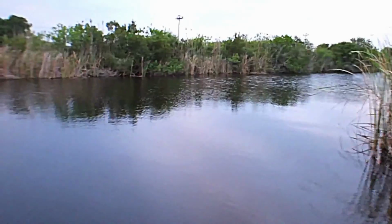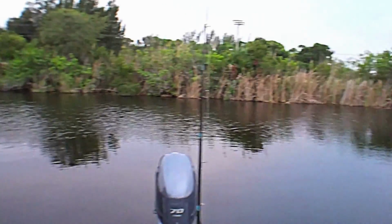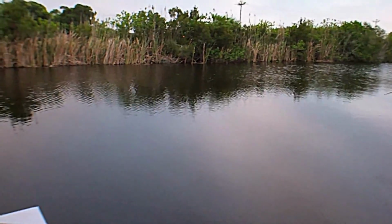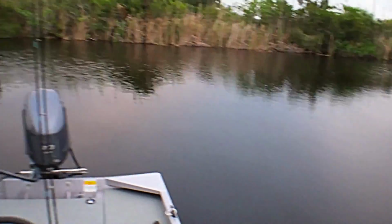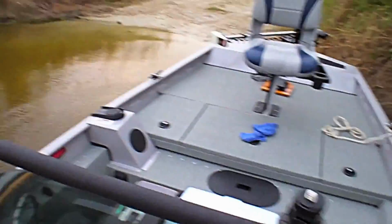Is not polarized, but I am gonna try to hit this area here first before I can advance. It's overcast. It's probably about mid-70s here. It's November, first week of November. So what I'm gonna do now is I'm gonna turn on my electronics and